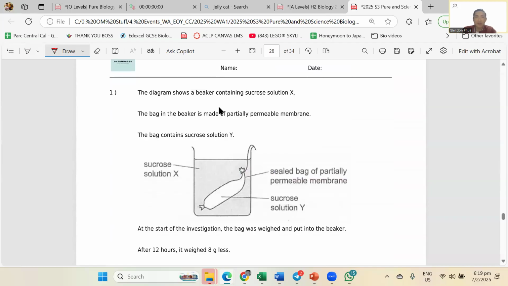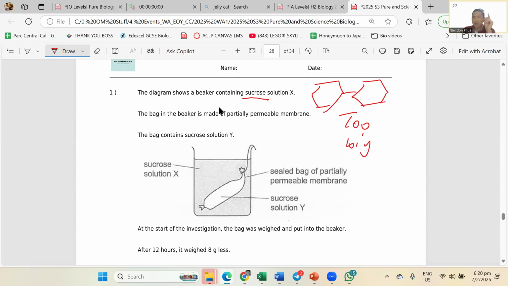So first question, if you pay attention to me, when you read the first line, what is the first thing that will give you alarm bells? Down, down, down. Hey, the beaker shows it contains sucrose solution. Glucose is 1. Sucrose is 2. This is too big. So the sucrose is here. This bag contains sucrose. Can sucrose go out? No.